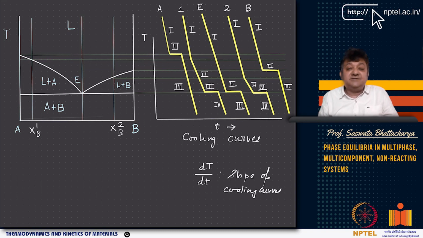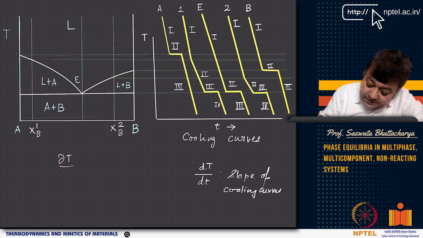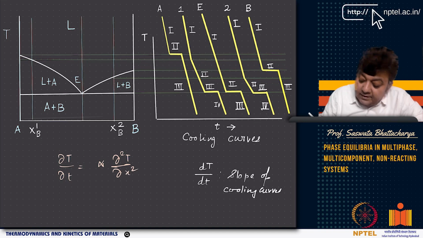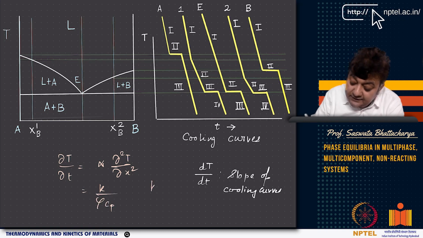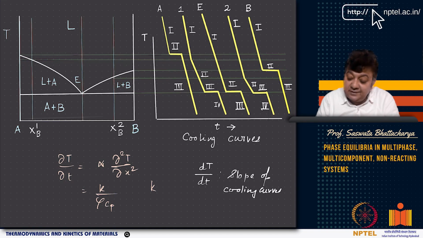Because the thermal conductivities, or thermal diffusivities, are different. You know this relation: if you just look at conduction, del T by del t equals alpha del 2T by del x squared, where alpha is assumed to be a constant. Alpha is the thermal diffusivity, which is basically K by rho Cp. Now, K in the liquid state will be different from the conductivity in the solid state, or the density or the heat capacity of the liquid state will be different from that of the solid state.